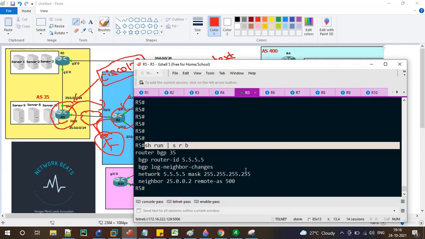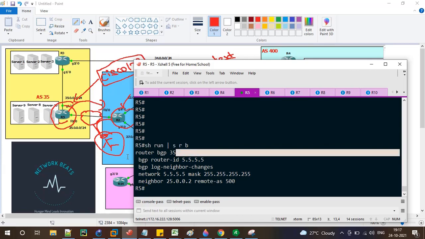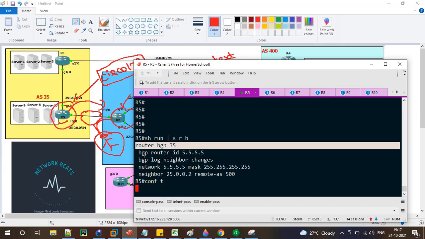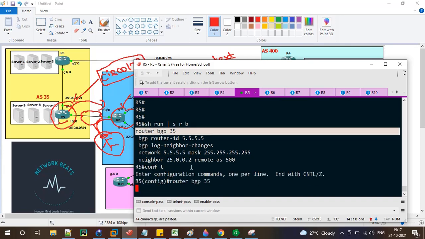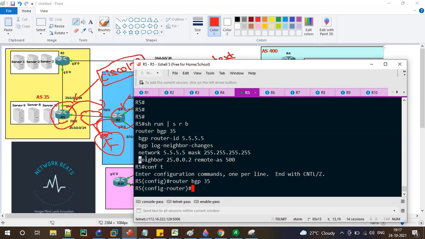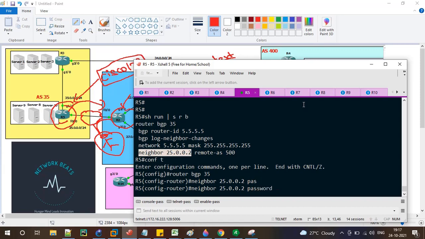So let's go to the CLI. On R5, let's go to router bgp 500, and here I'm going to say neighbor 2.2.2.2 password Cisco123. Once I give this, my neighborship with R2 will go down. Why?